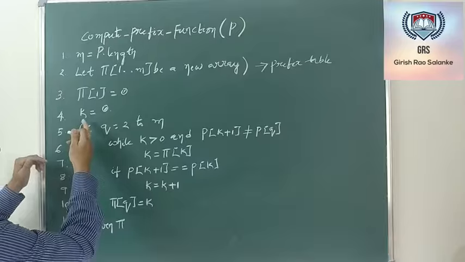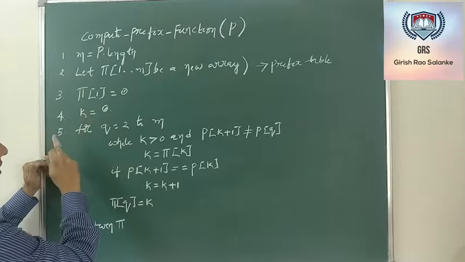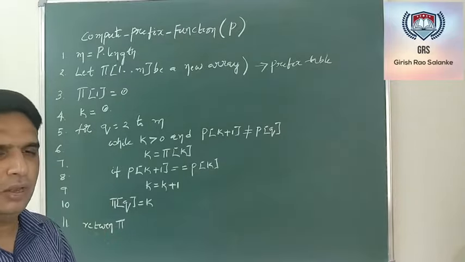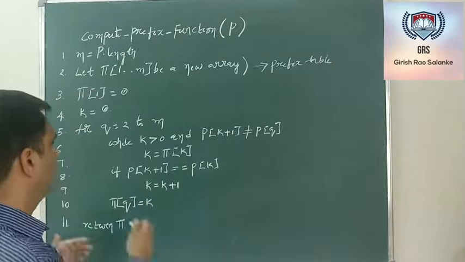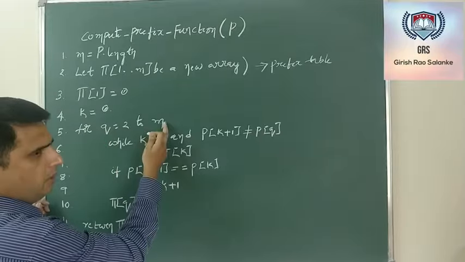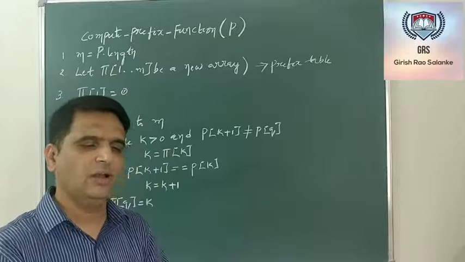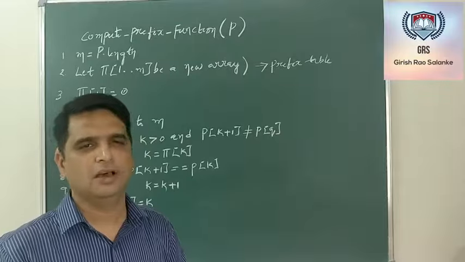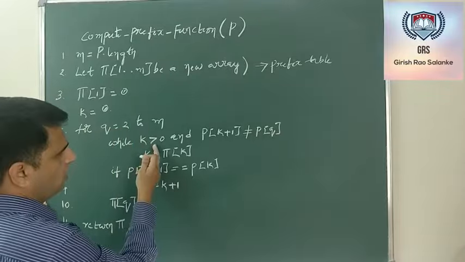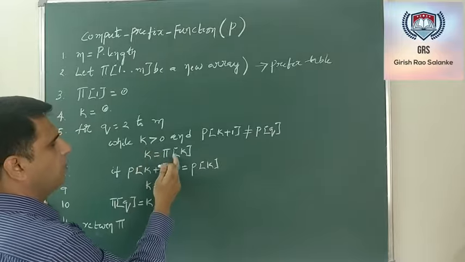Next, I have taken a variable initialized to 0, and the variable name is k. Now I need to find the prefix value from the second character till the last character. Hence there is a for loop for q equal to 2 to m. And k is nothing but the count which tells the longest suffix that is equal to its prefix. So while k is 0, initially k will not be equal to 0. Hence k is equal to pi of k.